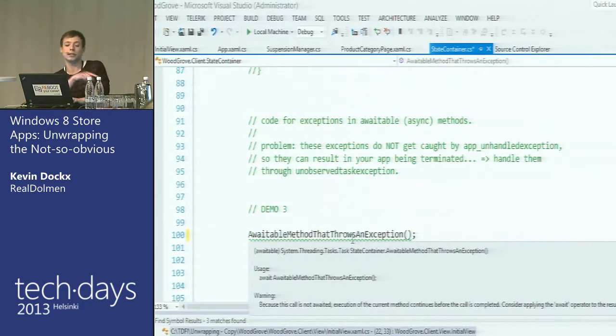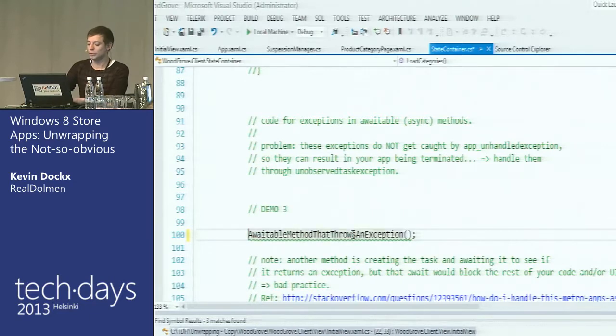By the way, you immediately get in Visual Studio, due to IntelliSense, the message, hey, wait, you're not awaiting this awaitable method. But then again, there are async methods or awaitable methods that aren't awaited. Take, for example, a button click event handler. You could easily imagine a situation where that one needs async code, but you can't just await that because it's a click event handler. Anyway, if I await this,